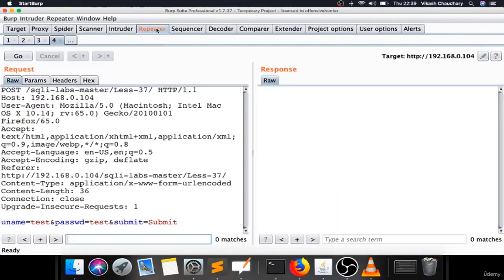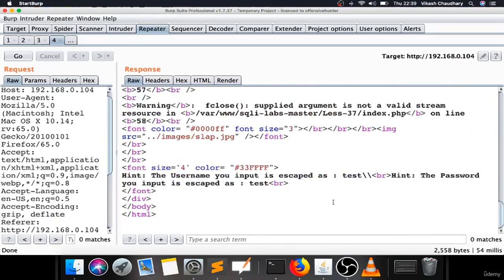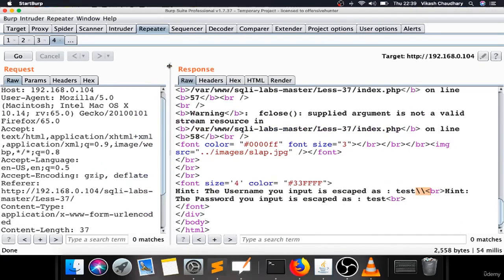Done, I captured. I'll right click, send this to repeater. Perfectly all right. In the repeater there's a test. I'll simply use a backslash over there. If I'm using a backslash, see what's happening in the background. The user input is escaped as test double slash. So they are adding one more addslashes, but it's hidden from the front end. Okay, so if they are adding this one more addslashes, what I will do now,